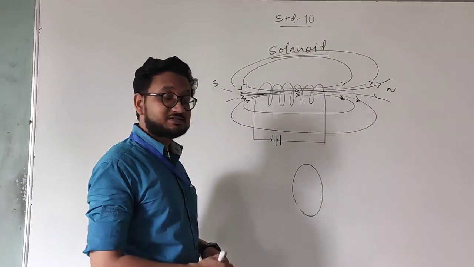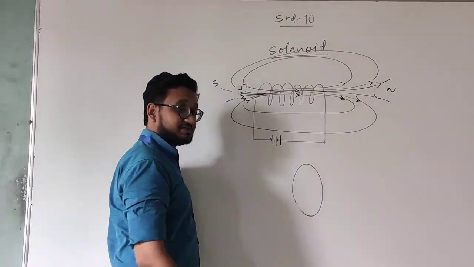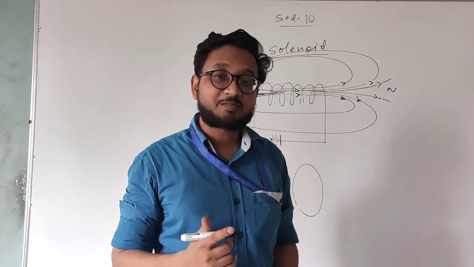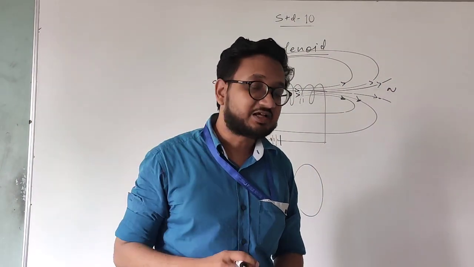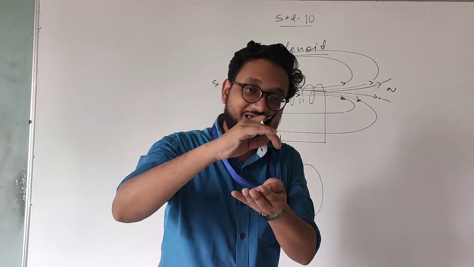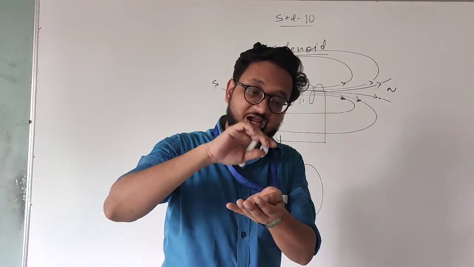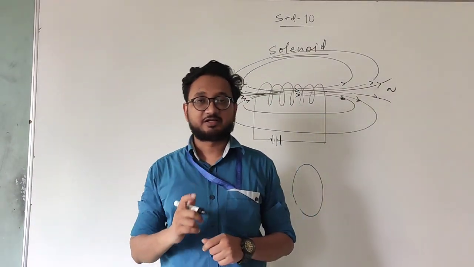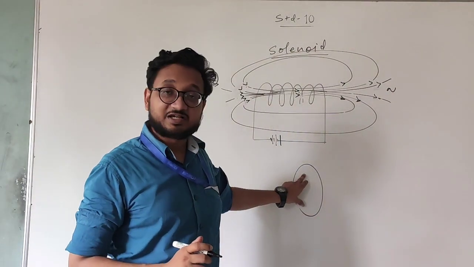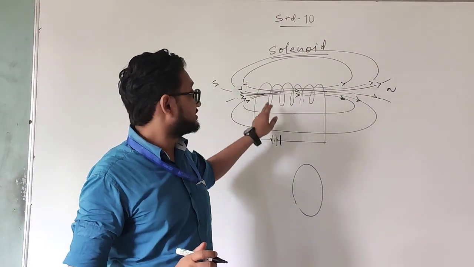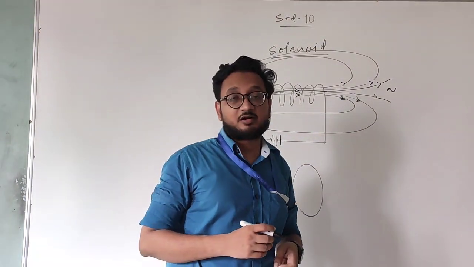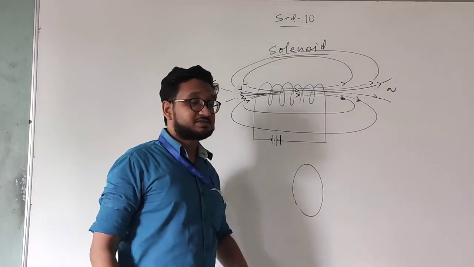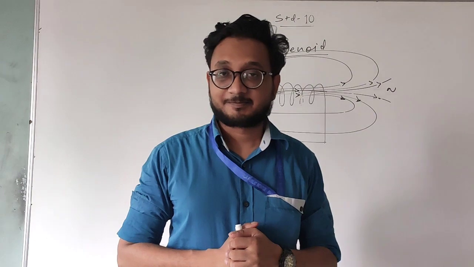The other thing is increasing and decreasing the area. If you increase the area of the loop, the strength of the magnetic field will decrease. If you have a smaller area, then all the field lines will try to pass through that smaller area, and therefore its strength will increase. So you need to decrease the area, increase the number of turns, and increase the amount of current flowing in the solenoid to make it a strong magnet.